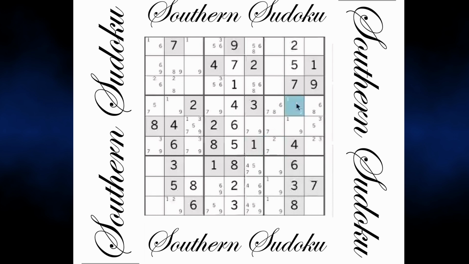Okay, so we know these have to be a 7 or a 1 or a 9. This line here,